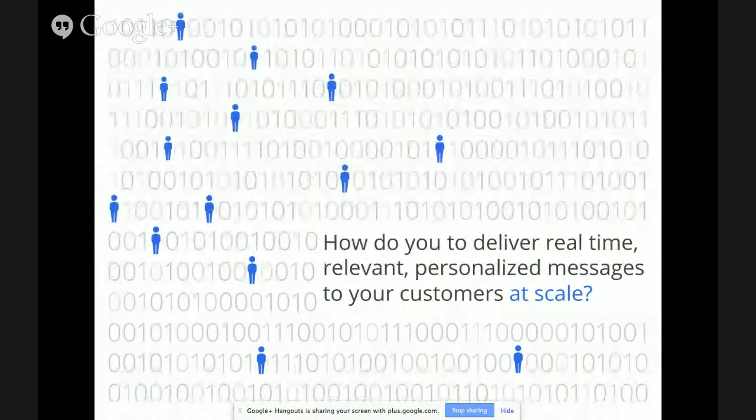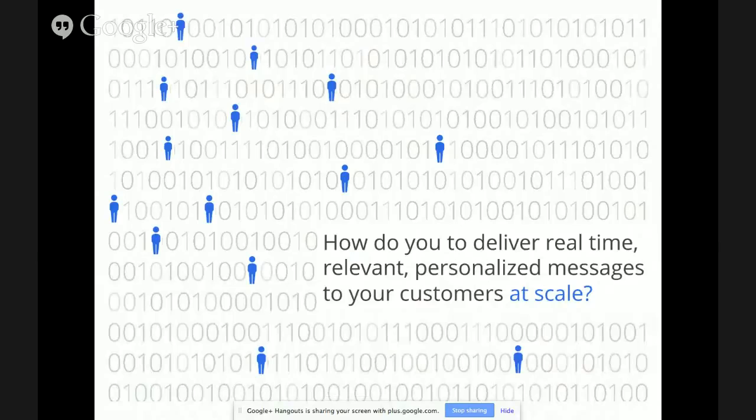And the question when it comes to digital marketing is, how do you use data insights to deliver relevant, personalized messages to your ideal customers in real time and at scale? You need to find the right audience at just the right time with just the right message and at the right price. And you need to do this thousands or millions of times every single day. So the key in translating this to digital marketing is to move from data to precision to scale. Now, we do this automatically for you via real-time audience buying.